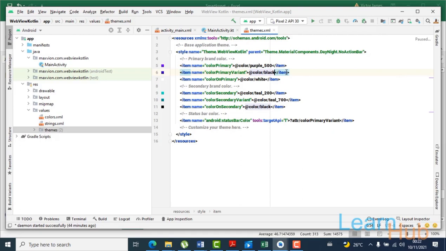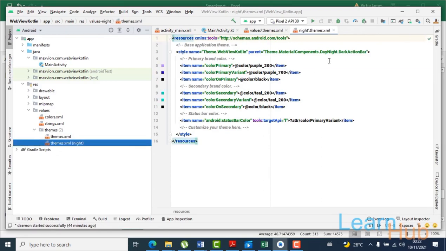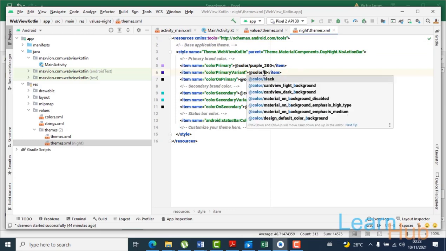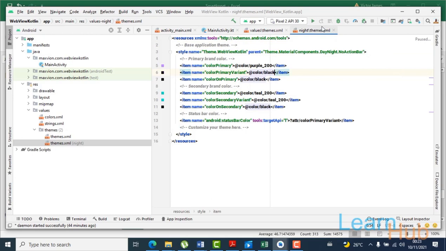I prefer using black. Then also click on the night theme and change it. Do the same thing as you did for the first one. So that's all you have to do.